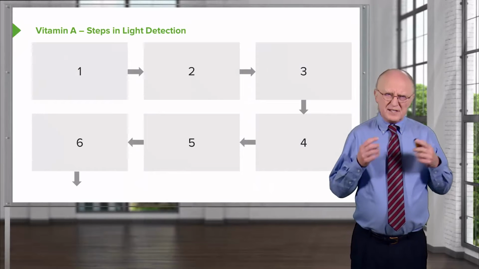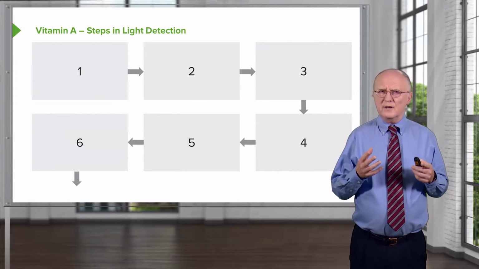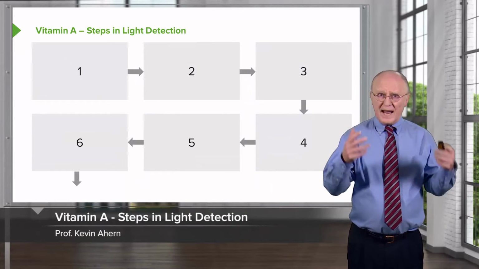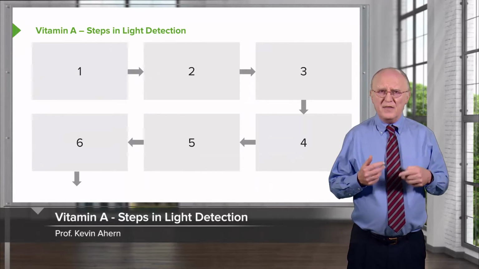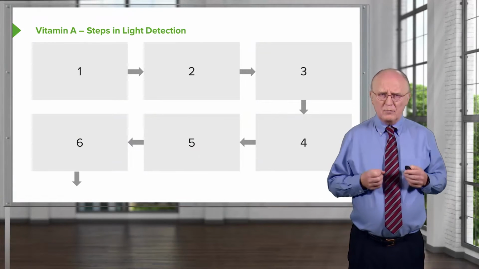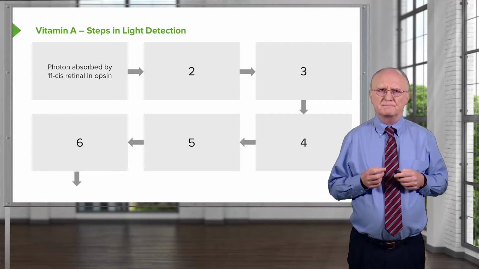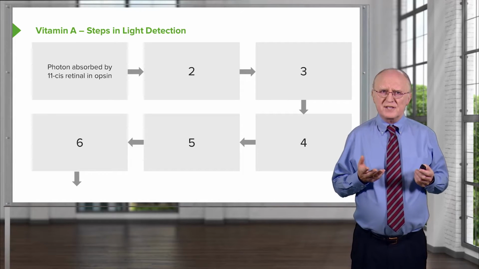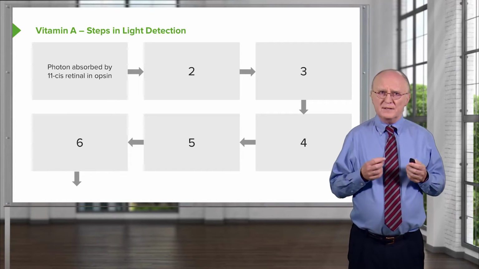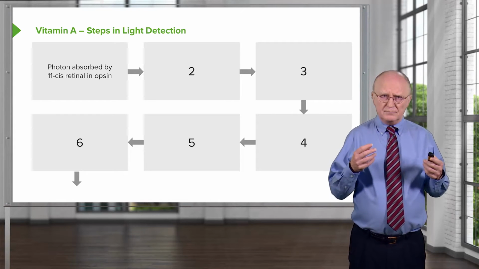Now, as I said, this is a complicated process, so first I'm going to step you through a description of what happens inside of the eye cell, and then I'll show you a representation of what's actually occurring. The first step in the process involves absorption of a photon of light by the 11-cis retinal that's contained in